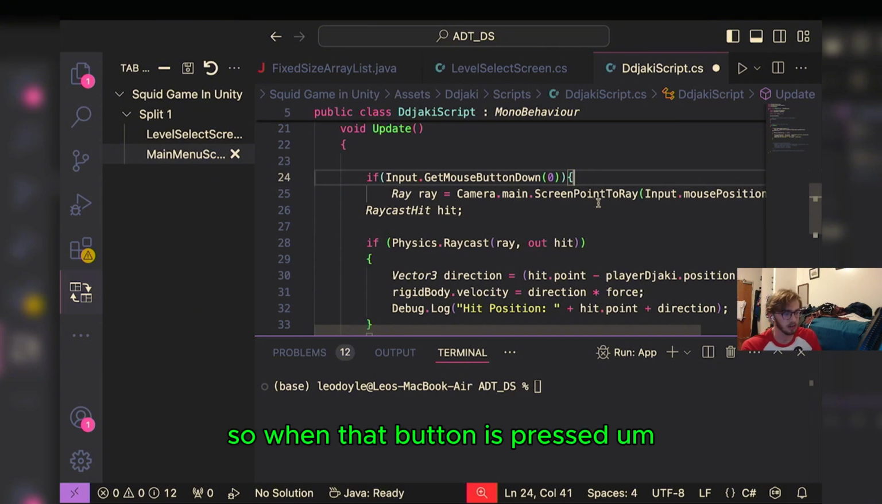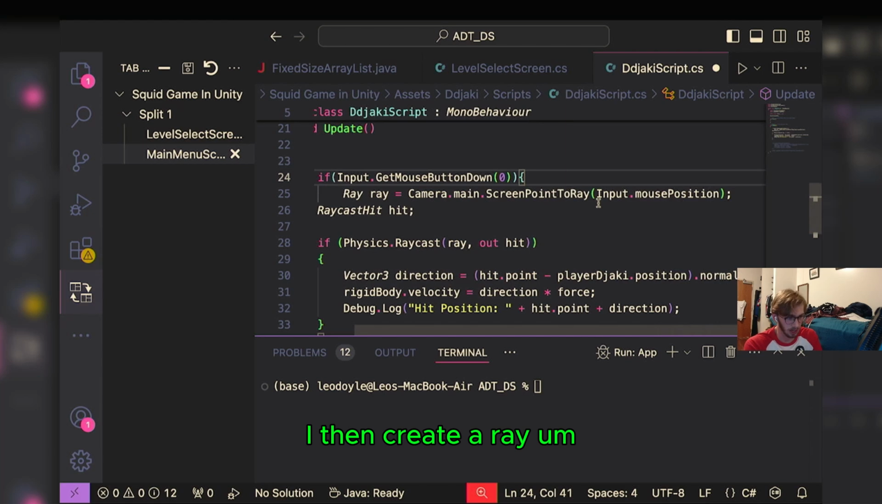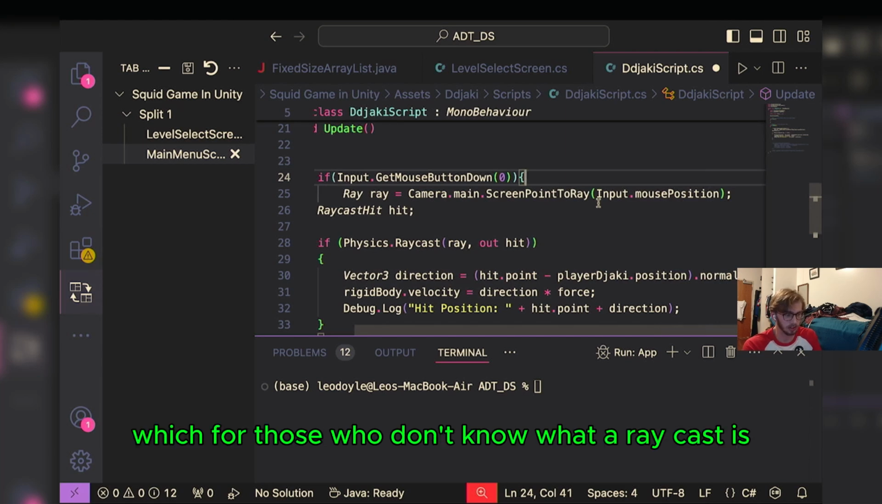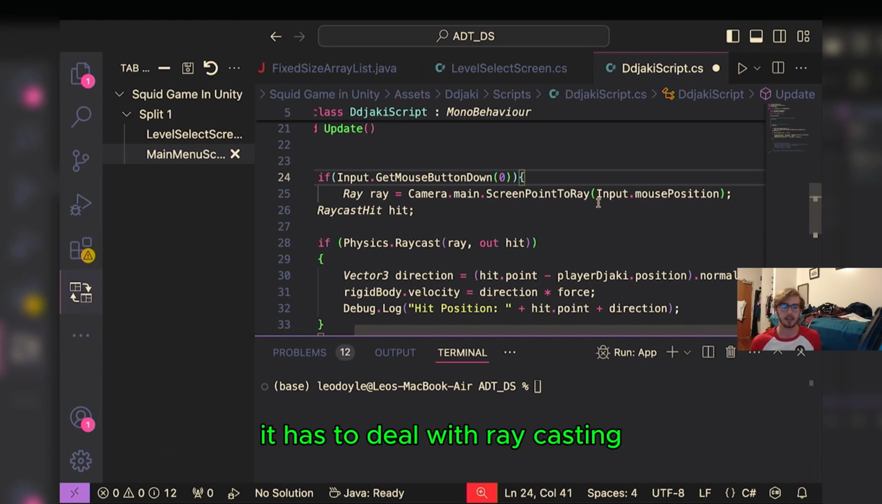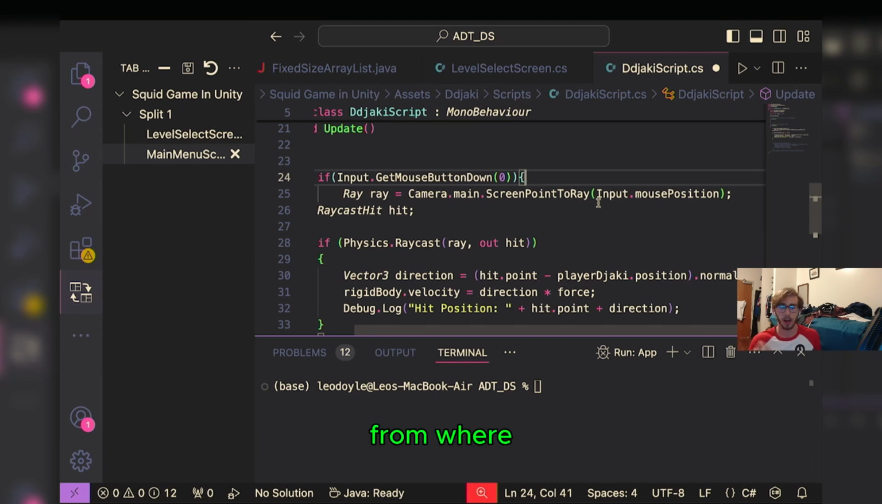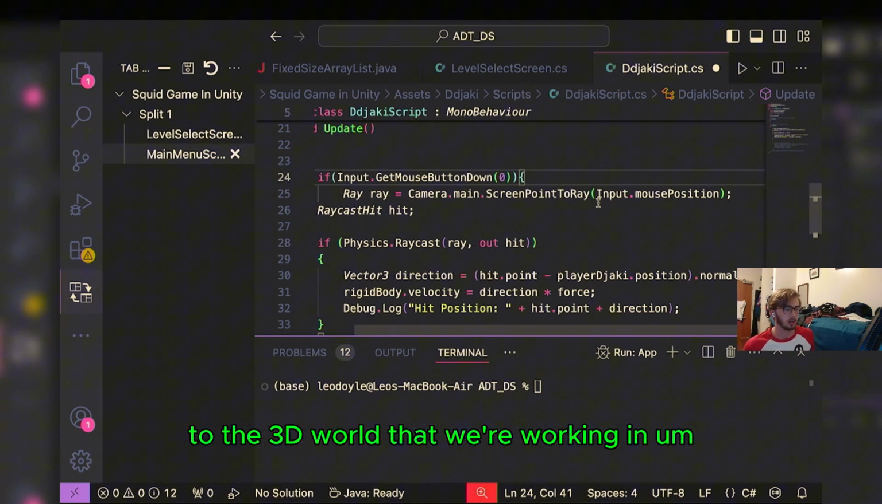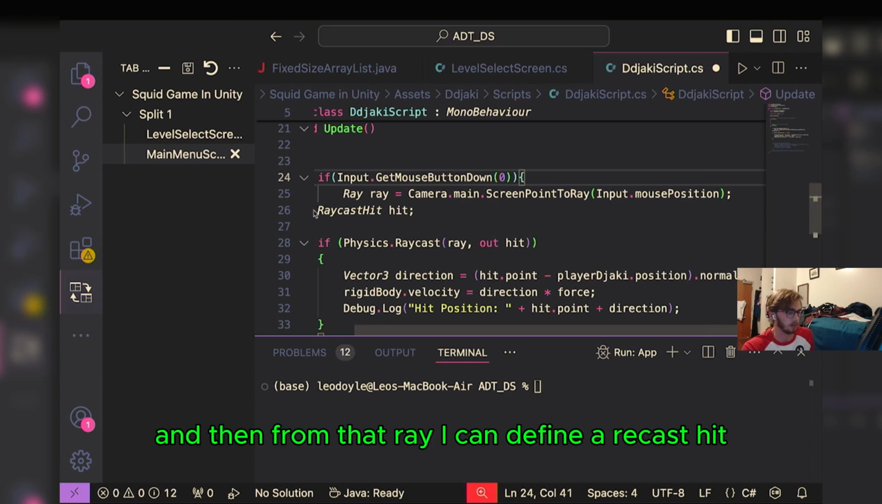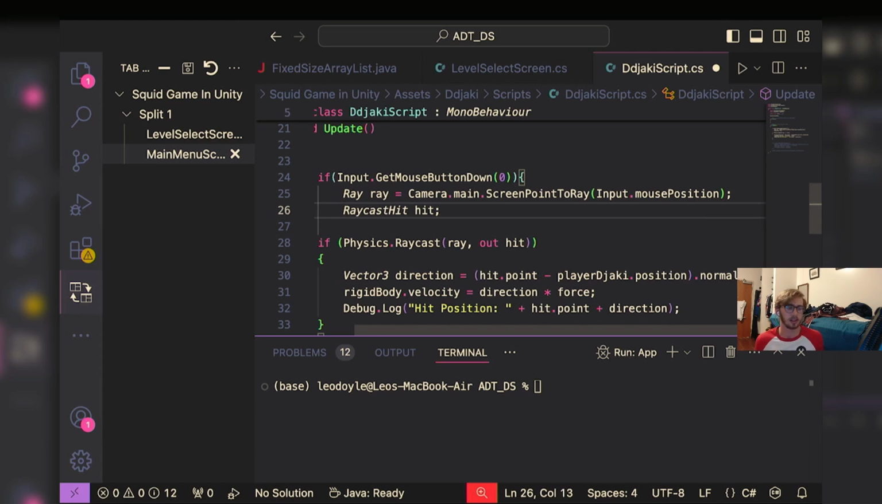So when that button is pressed, I then create a ray, which, for those who don't know what a raycast is, it's essentially a line from where the mouse click was on the screen to the 3D world that we're working in. And then from that ray, I can define a RaycastHit, which is when that raycast hits something. So when it hits the red cube,